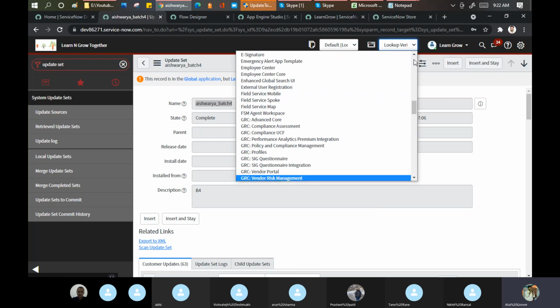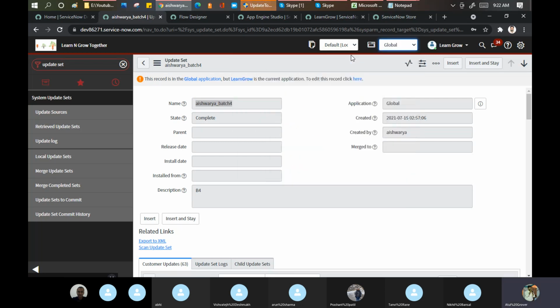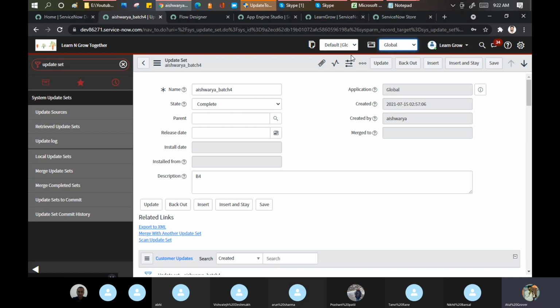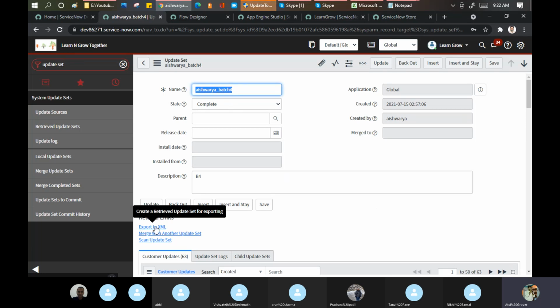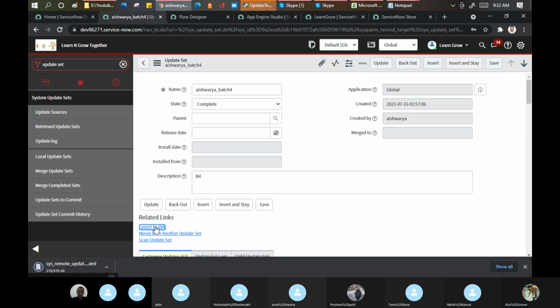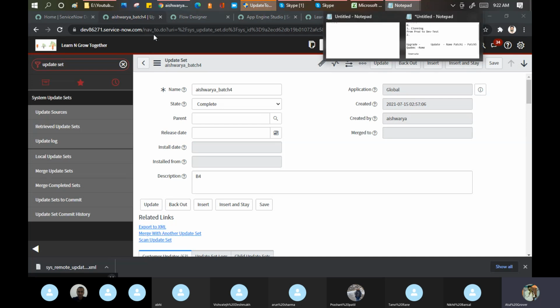Let me change the scoping part. And export to XML. I am taking a backup here. Tomorrow, when the cloning is done, I don't want to rework everything. I just import my update set, and my changes will be available again. So this is the important point.